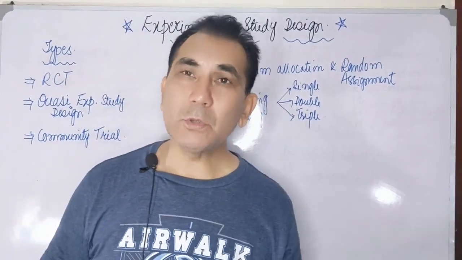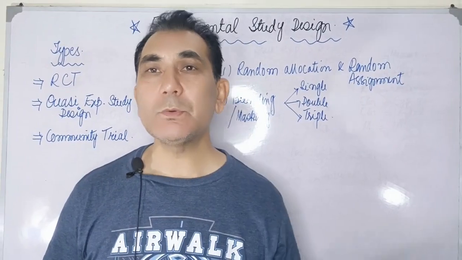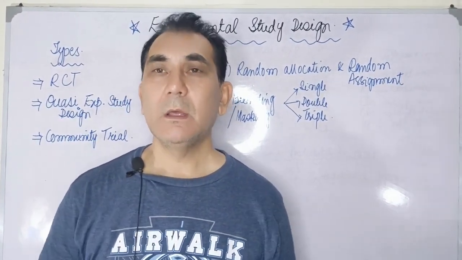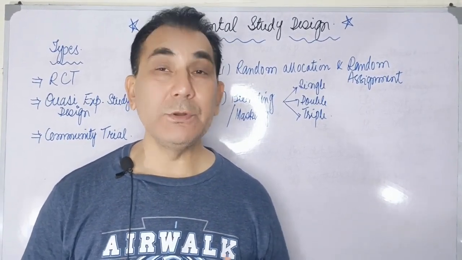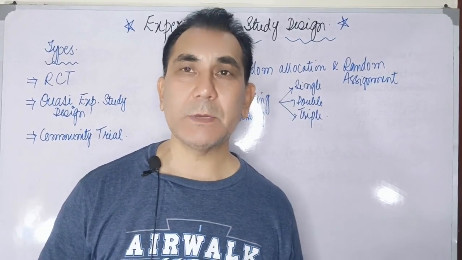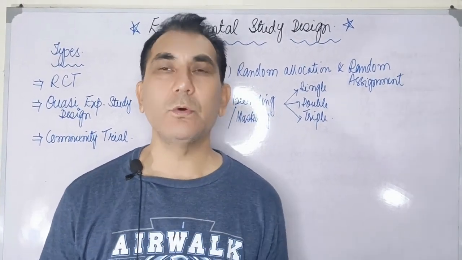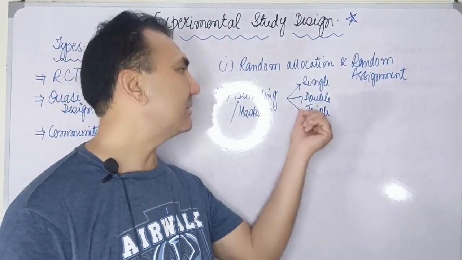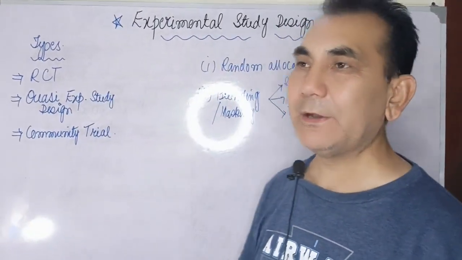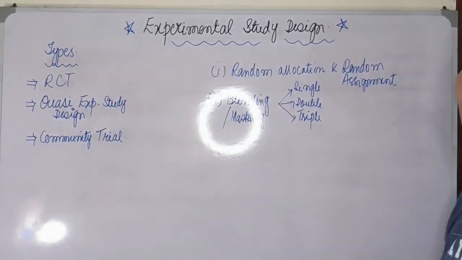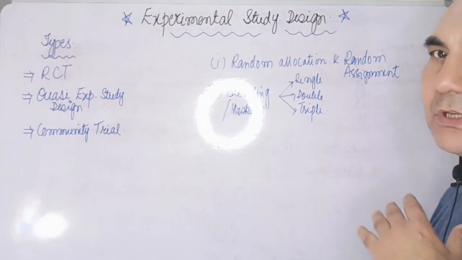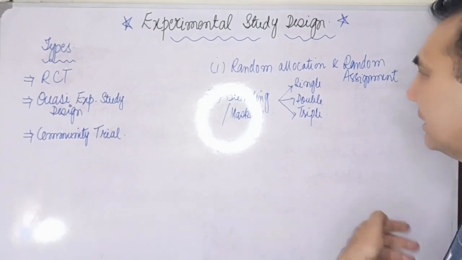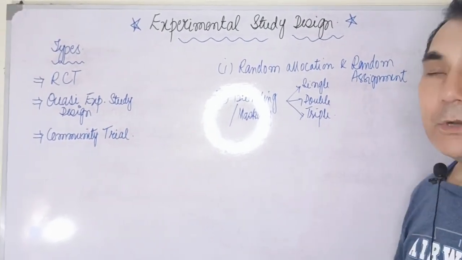But the participants, in both the experiment group and the control group, the study participants or individuals participating in the experiment or control group, don't know which type of drugs they are receiving. So this is called the single blind. At the participant level, they don't know which type of intervention or drugs they are receiving. And the double blind: